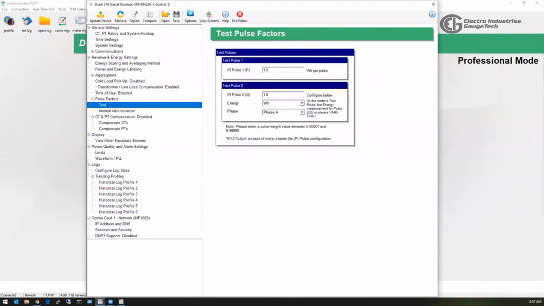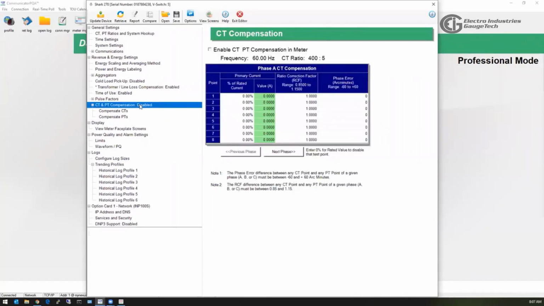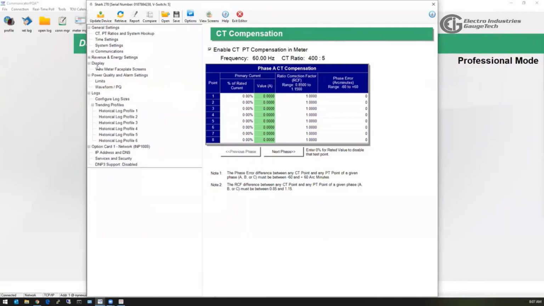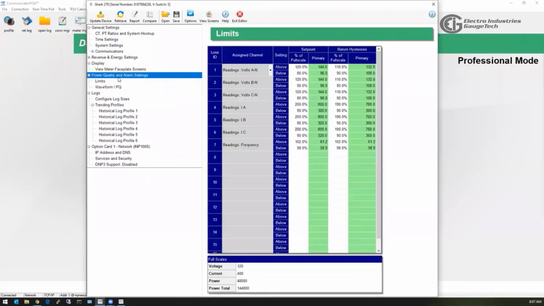Pulse factors for testing, for energy. It's default at 1.8. You can customize that per your site requirements. There are also CTPT compensation capabilities here. Enable, and you can update the values. I will touch a little more in depth on the display, but for now I'll jump ahead to power quality,